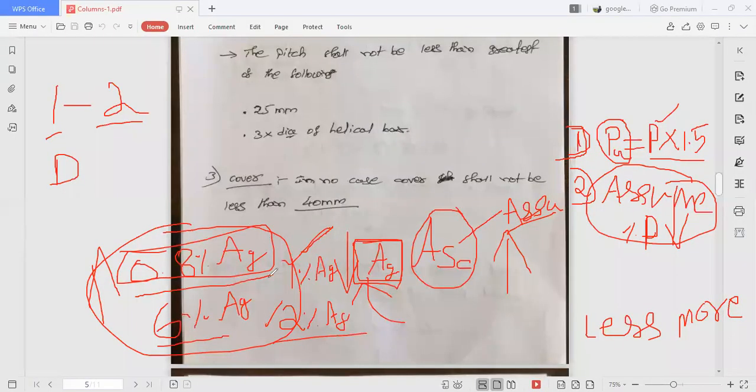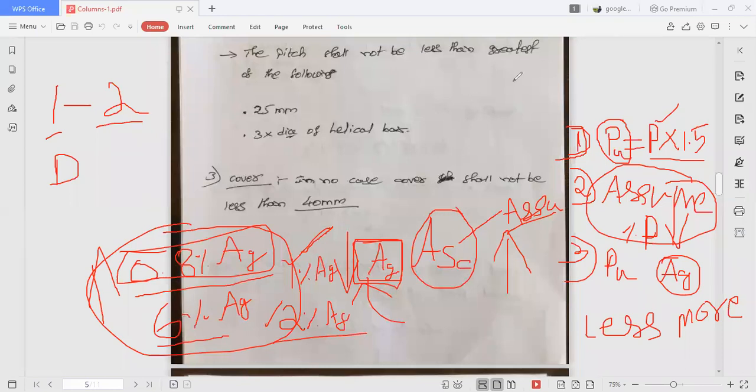By means of this, we have to assume some percentage of steel here. And the next step is, we know the formula for load carrying capacity of a column, load carrying capacity of an axially loaded column. In that you just substitute all the parameters, area of concrete, area of steel, and so on. There you will get the unknown parameter called gross area of column. That is the main step we have to do. So we'll do the step-by-step procedure in the next problem. There you can easily understand.